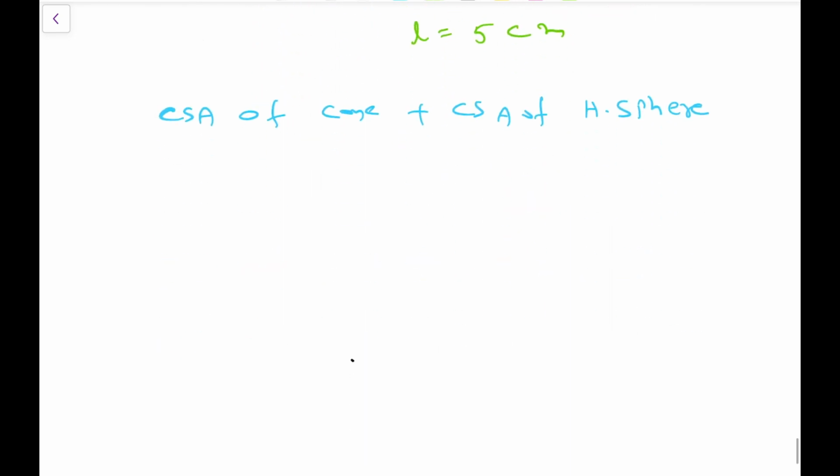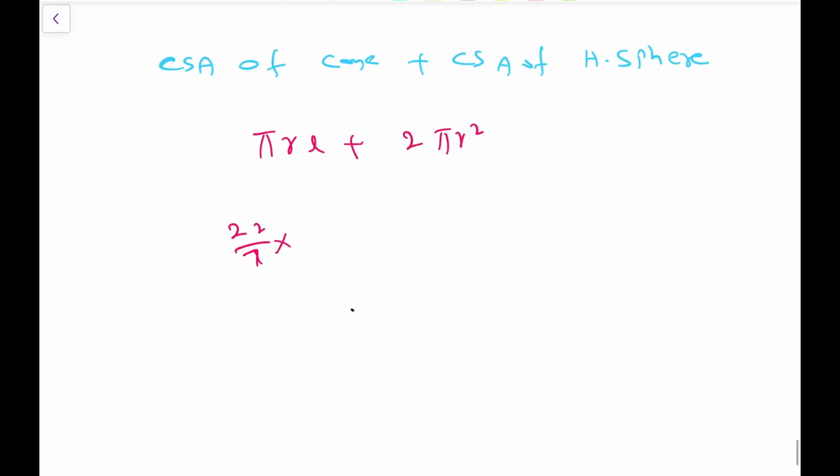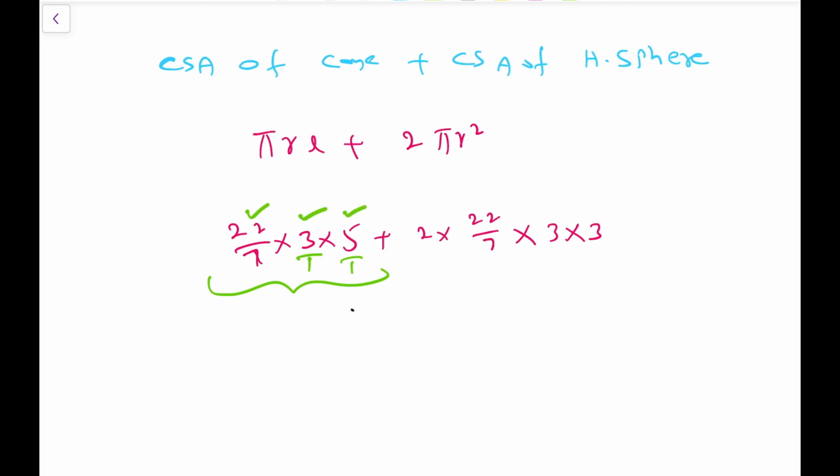What is the formula for CSA of a cone? Pi r L plus CSA of a hemisphere 2 pi r square. Pi value we'll take as 22/7 into radius we got as 3 into L is 5 plus 2 into pi value 22/7 into radius is 3. Square is there, so 3 into 3. First let us simplify this. 3 I am writing as 3/1, 5 I am writing as 5/1. So let us do multiplication. 22 times 5, 110, 110 times 3, 330